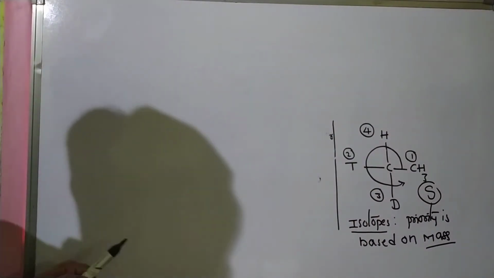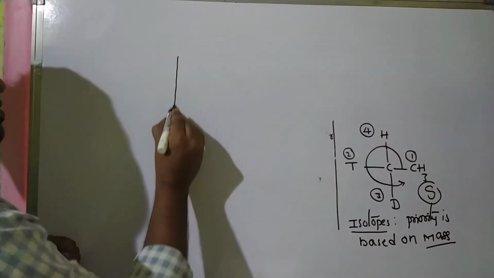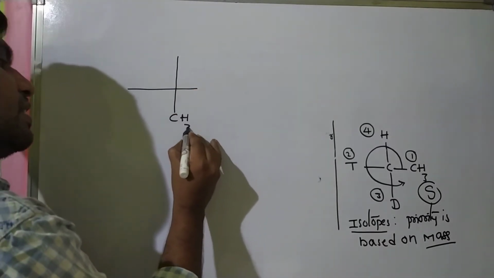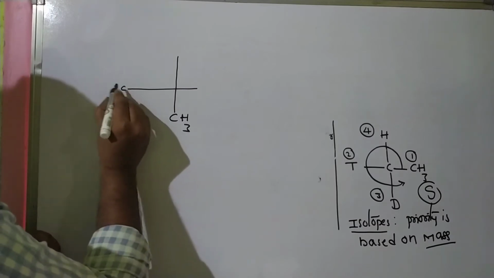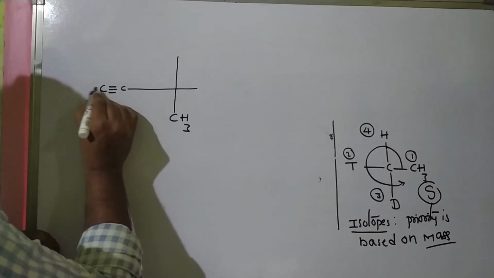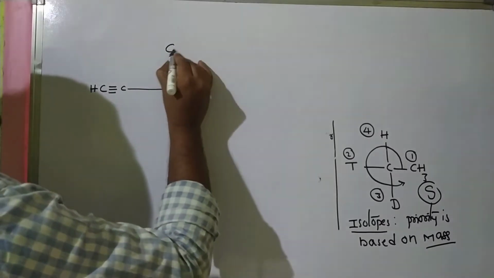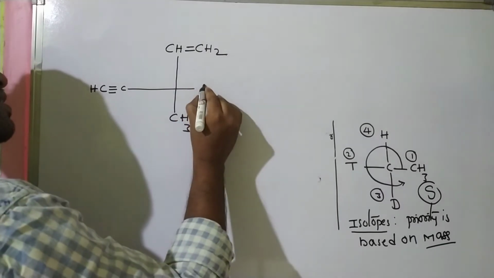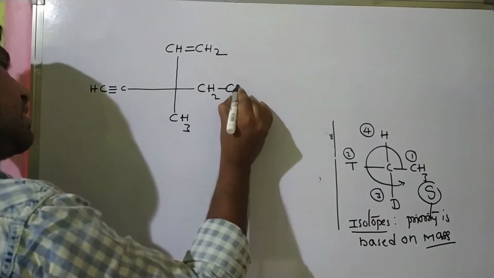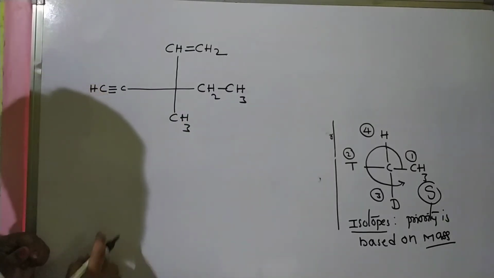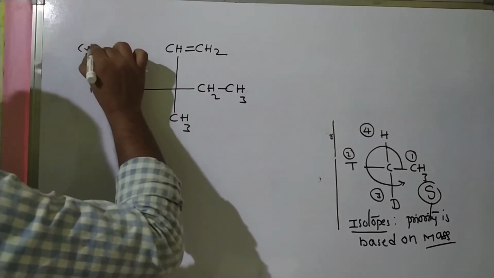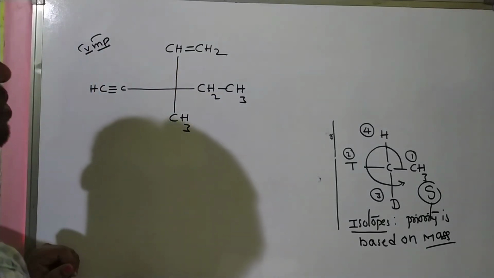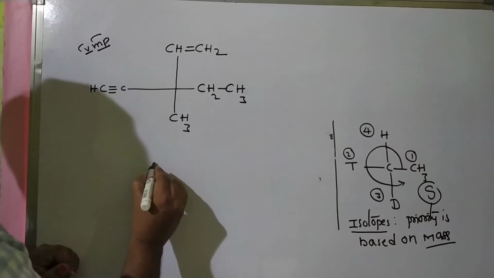And some other examples. Okay, students? Here CH3. Here C triple bond CH. Here CH double bond CH2. Here CH2 CH3. So very important, very important for JEE and also for NEET exams. Okay, students? Now here the order of priority you must learn.